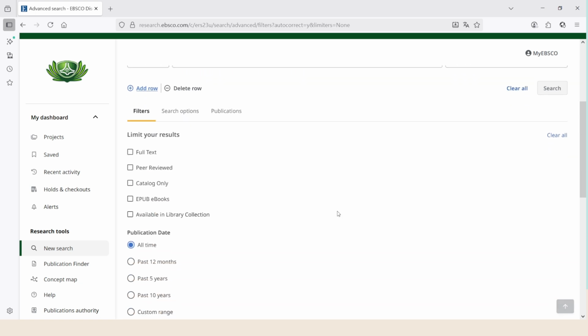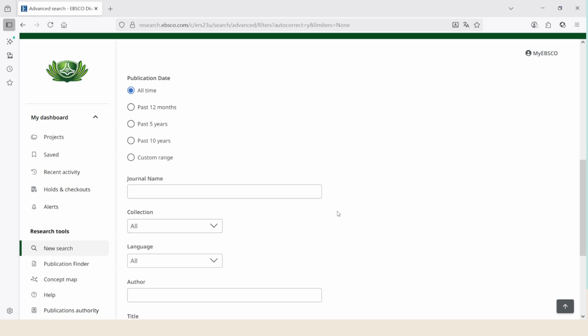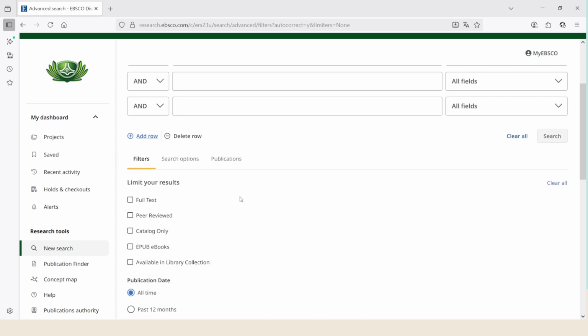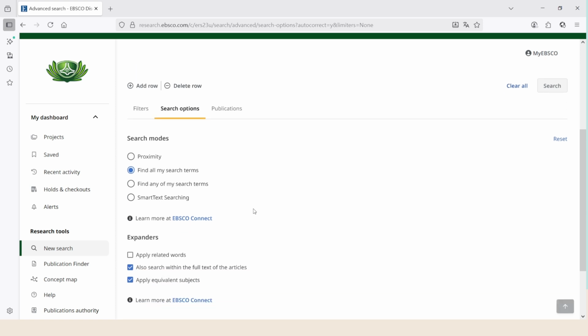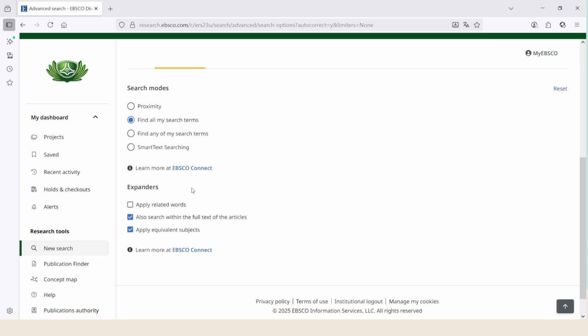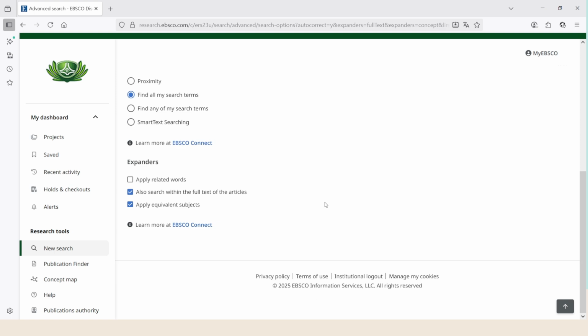As I scroll down, you can see a number of fields available. From the search options tab, you can select search modes and expanders. Let's perform a search.